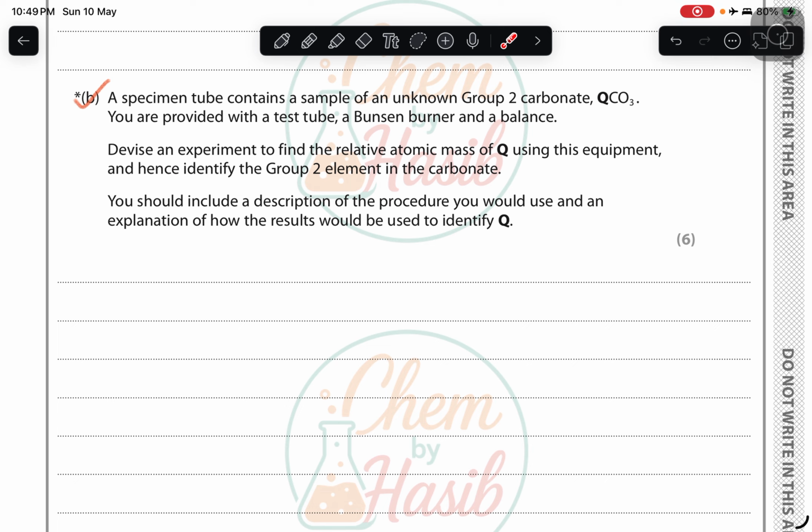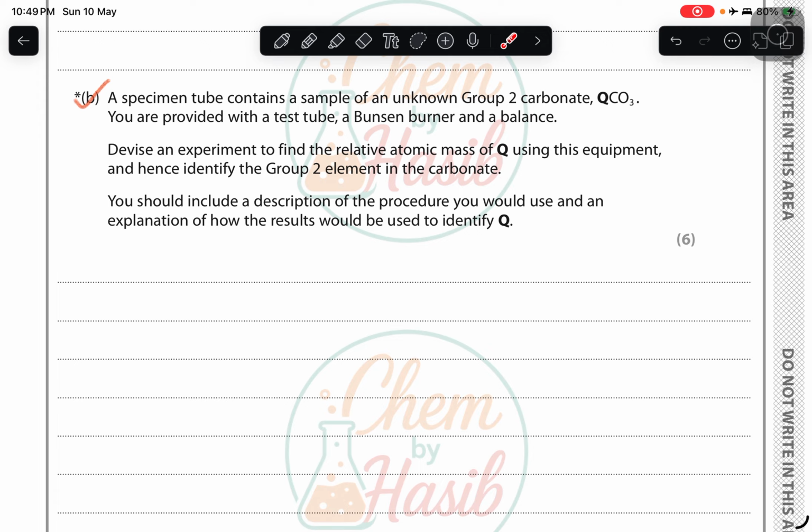Basically, you heat it, then you heat for some time, then you take the mass of the test tube. If the mass decreases, you heat again, then you take the mass again. If the mass decreases, you heat again, right? You keep on heating until you get a constant mass. When you get a constant mass, you don't need to heat anymore. Okay. So after heating,